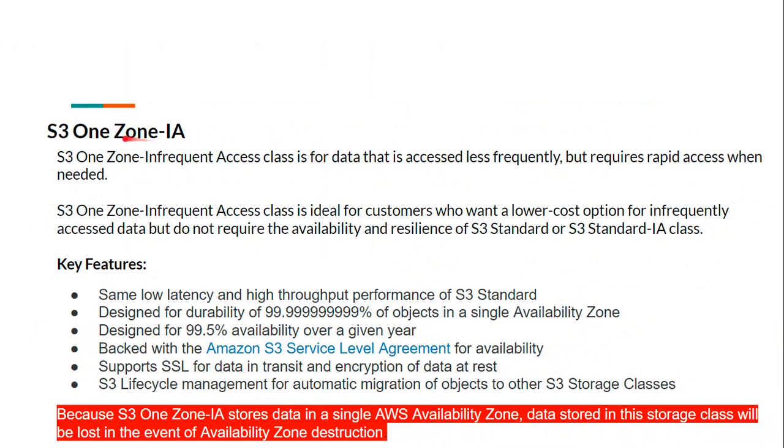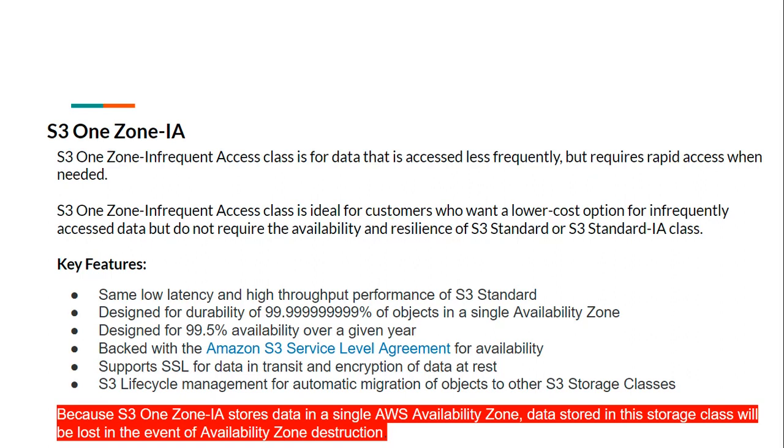Let's talk about S3 One-Zone Infrequent Access class. S3 One-Zone Infrequent Access class is for data that is accessed less frequently, but requires rapid access when needed, unlike other S3 storage classes which store data in a minimum of 3 availability zones. S3 One-Zone Infrequent Access class stores data in a single availability zone and costs 20% less than S3 Standard Infrequent